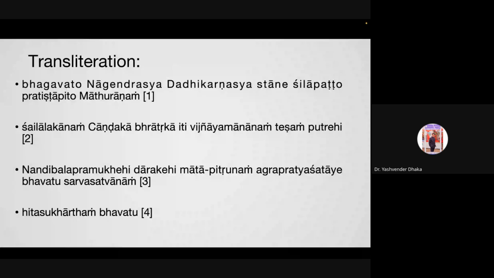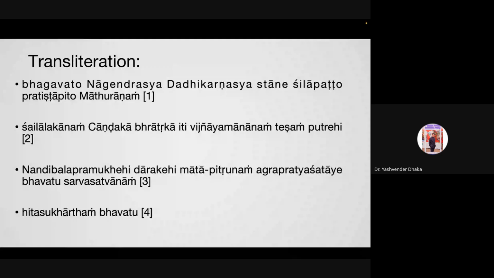Bhagavato Nagendrasya Dadikaranasya Sthane Shilapatto Pratisthapito Mathuranam. So in the first line, they are giving the name of the deity, and the Shilapat is sthapit, the icon that is established, and the name of the city is Mathuranam. The second line of the inscription runs like this. Shailala Kanam Chandaka Bhratrika iti Vidyamananam Tesham Putrehi. So here the social affiliations are given. In the third line, Nandi Bal Pramukhehi Darkehi Mata Pitrunam Agra Pratyakshataye Bhavatu